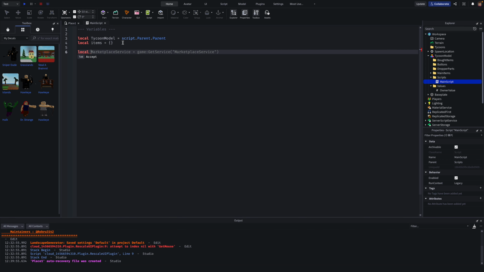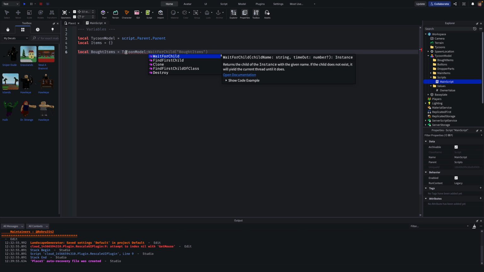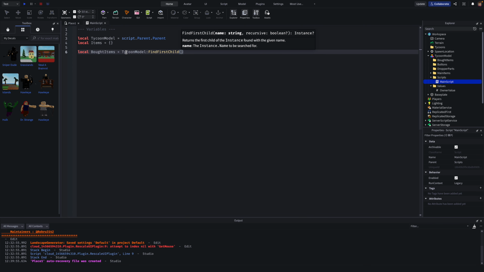And then local bot items, and then oops, I forgot to do that, and then Tycoon model, and then colon find first child, and then in parentheses and speech marks just do bot items. Okay,